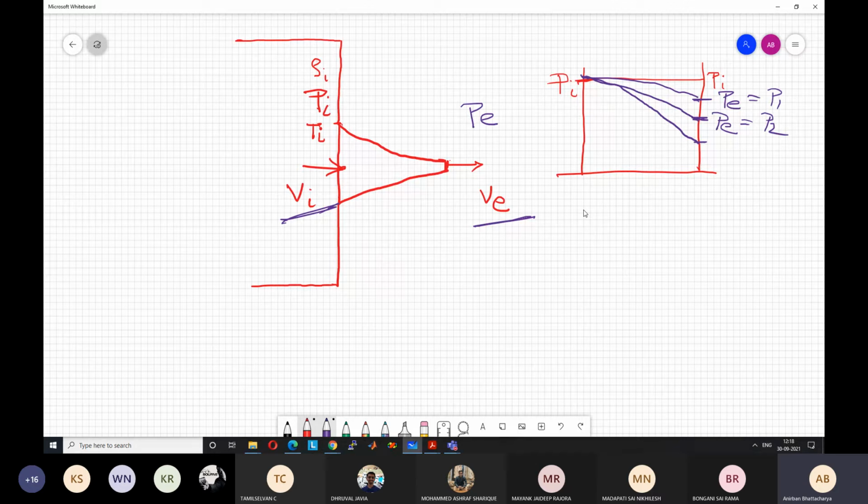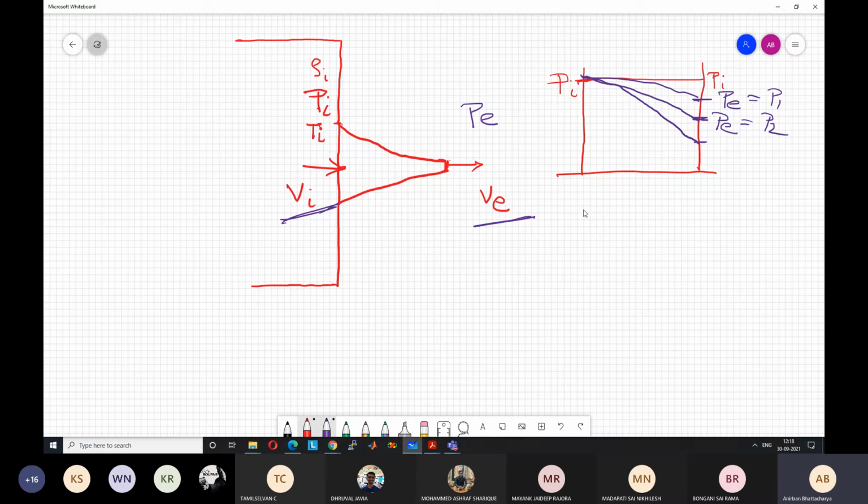But okay, let me put it another way. How can we increase the velocity further, to an indefinite velocity, even higher velocity? Increasing the temperature? No, temperature I cannot increase. It is fixed. Inlet conditions are fixed. Then we have to use a divergent section. Correct. If you have a divergent section, we can indefinitely keep on increasing the velocity.